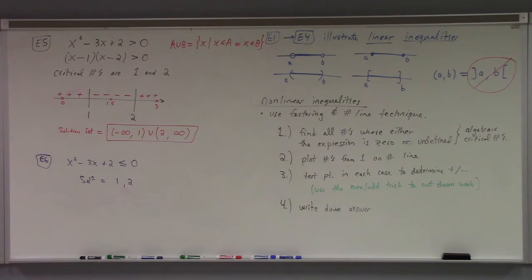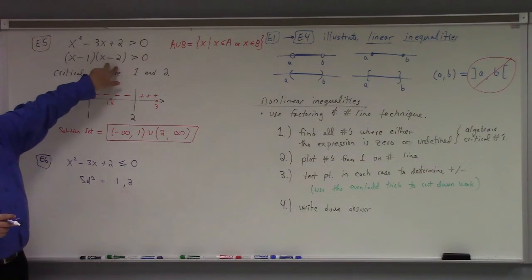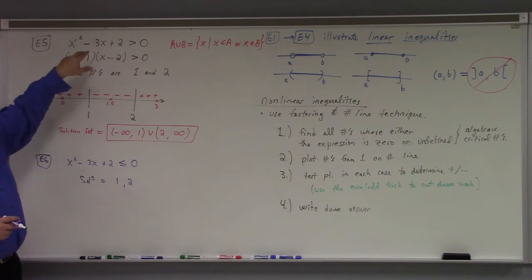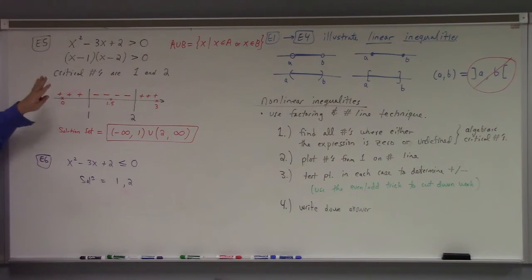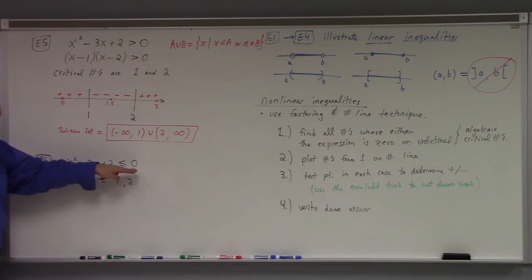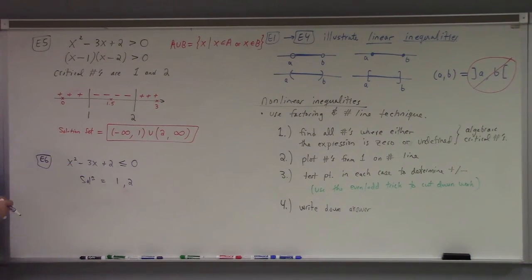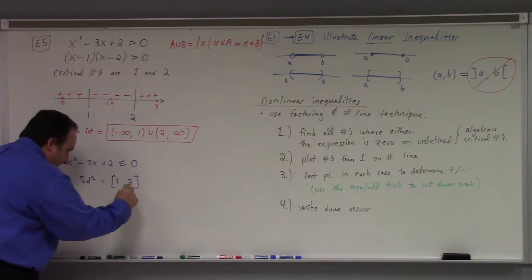What happens at 1 and 2 for this expression? If you plug in 1 or 2 into x squared minus 3x plus 2, you get what? If we plug 1 in, just look at right here. So what happens if we plug 1 or 2 into this expression? It cancels out, right? You get 0 either in this one, if you plug in 1, or in this one, if we plug in 2. Either case, we get 0 times something or something times 0. 0, right? 1 and 2 give you 0. Are we looking for 0? Less than or equal to 0, right? So logically, we have to include 1 and 2 here.